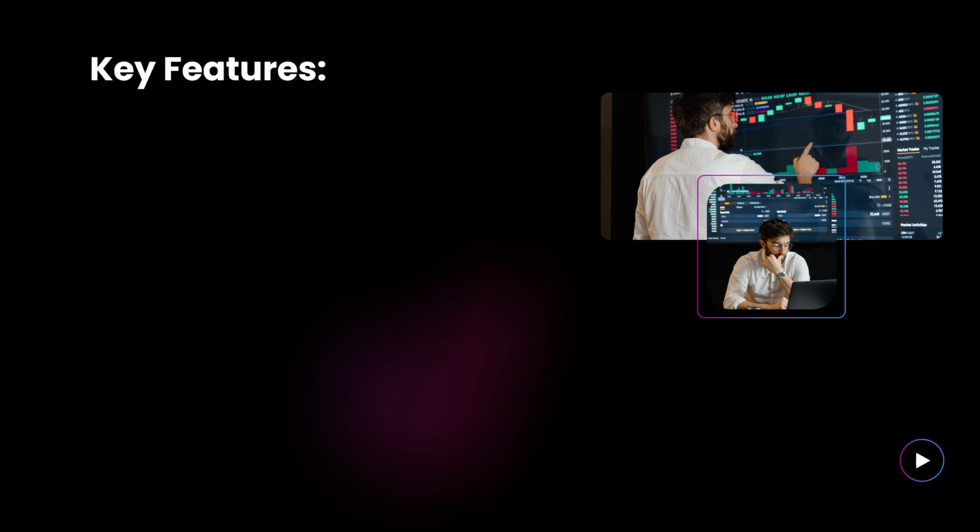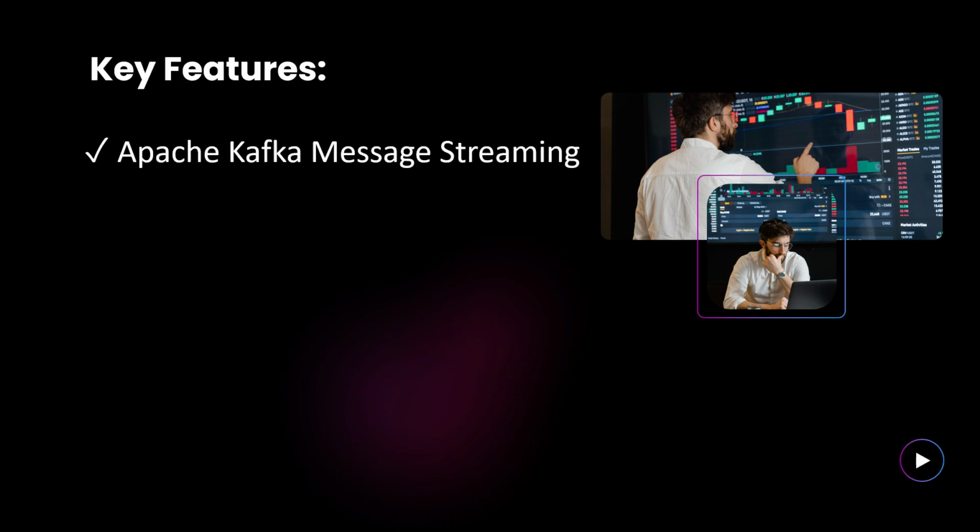Now, let's go through the key features of our Kafka order processing system. First, we use Apache Kafka for real-time message streaming. Kafka handles the flow of order messages between the producer and the consumer, ensuring fast, durable, and scalable communication. Next, all messages are serialized using Avro. This structured, compact binary format makes our message exchange efficient and ensures that every message adheres to the defined order